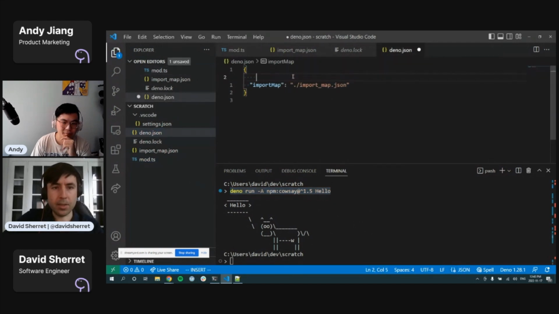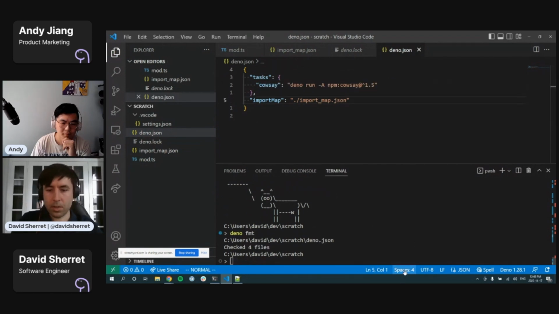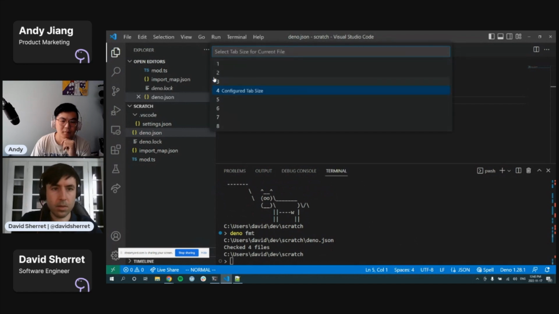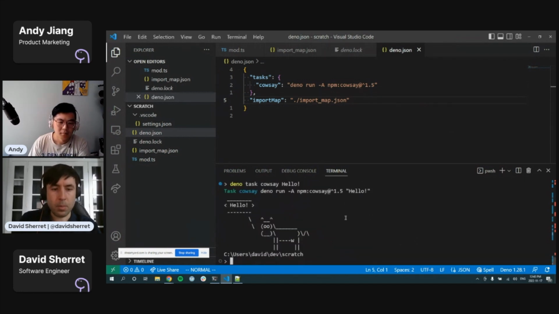add a task in here. Do tasks and then cowsay. And let's get this formatted. I think still on. Let's do 2 spaces. All right, so now I can do Deno task cowsay hello. And what I've done here is I basically created an alias to use here, and I can just do Deno task cowsay